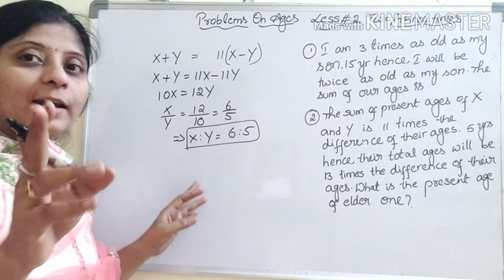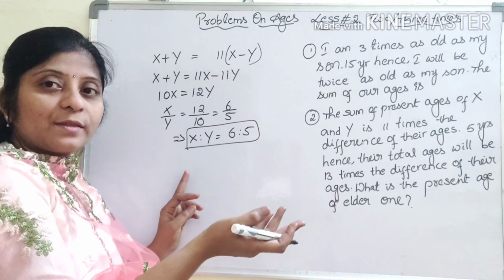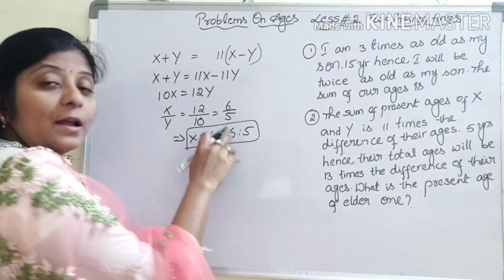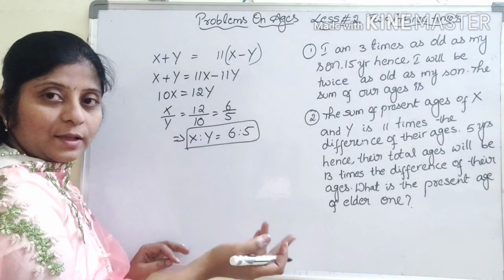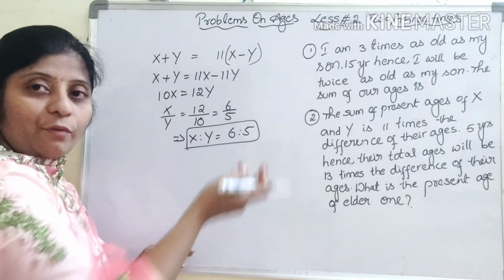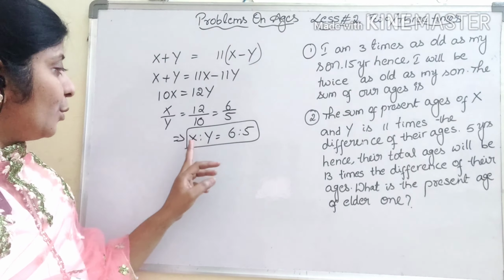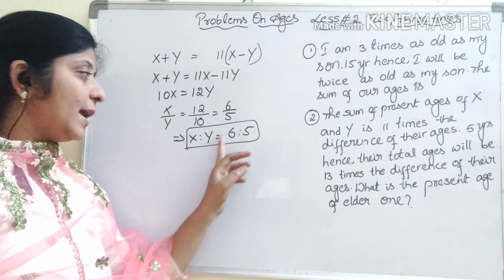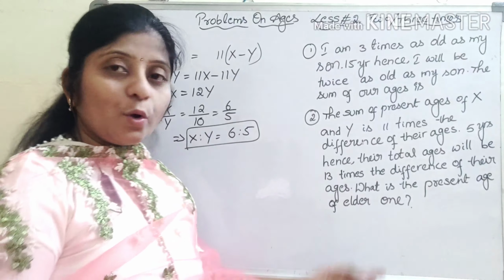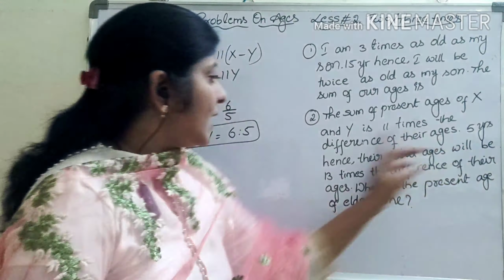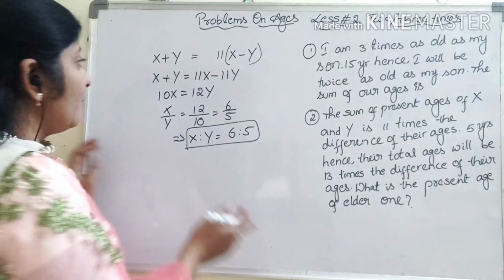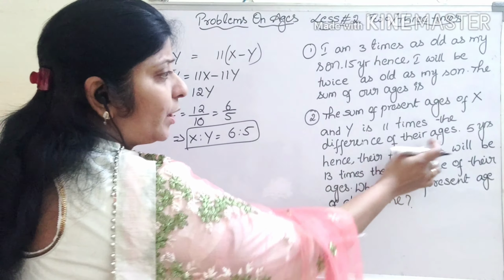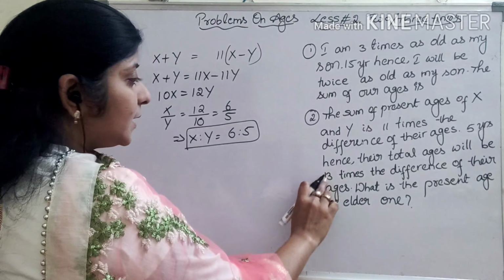That means in lesson 1, if the ratio is given, we will take it as 6x and 5x. For x value 6x and for y 5x. So let us go to the next line. 5 years hence, hence nothing but future. So after adding 5 years, their total ages will be 13 times.